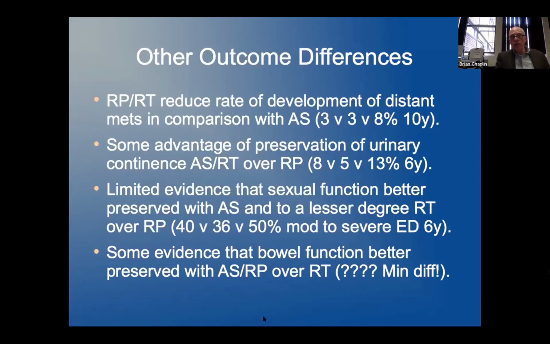And there is some evidence that bowel function is better preserved with surgery or observation over radiotherapy, but these are such minimal differences that I don't think they